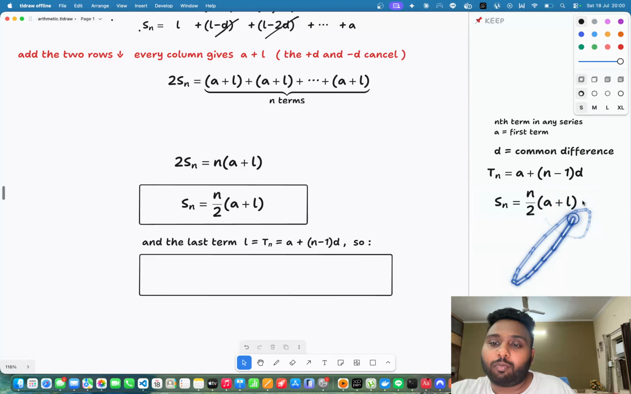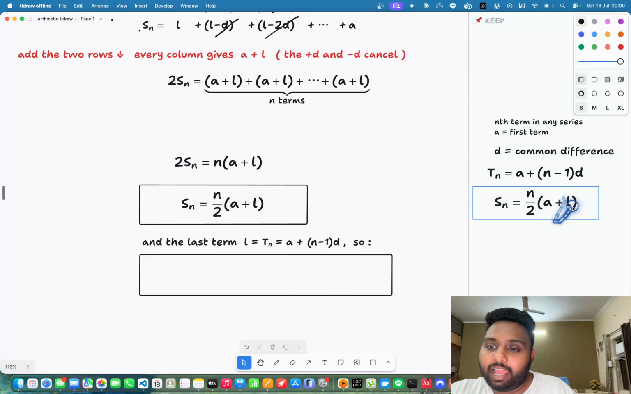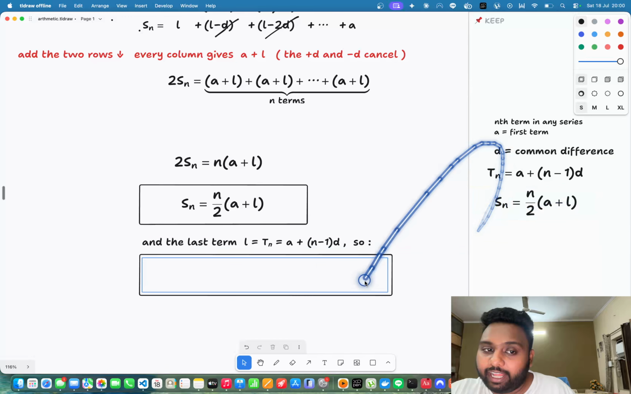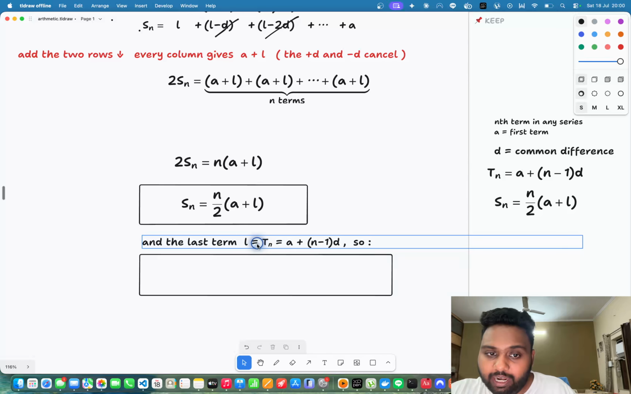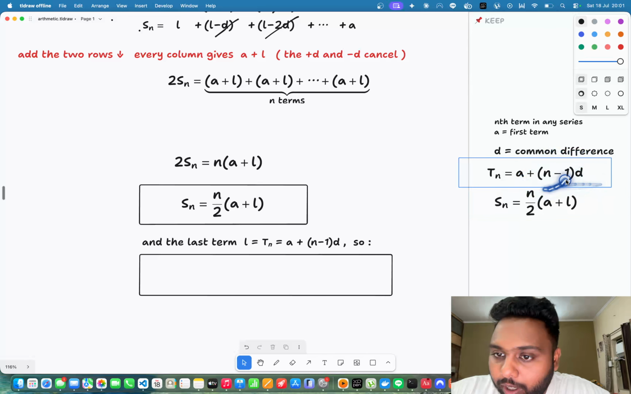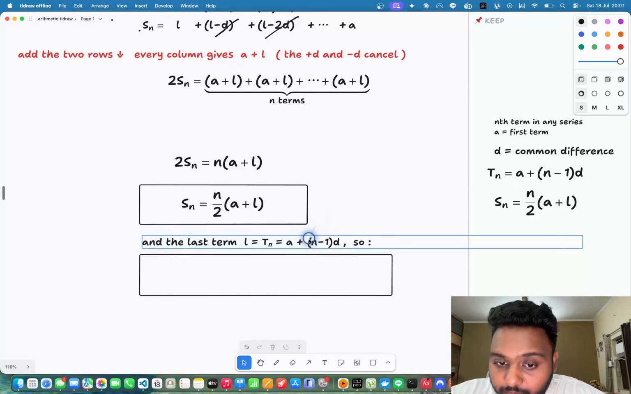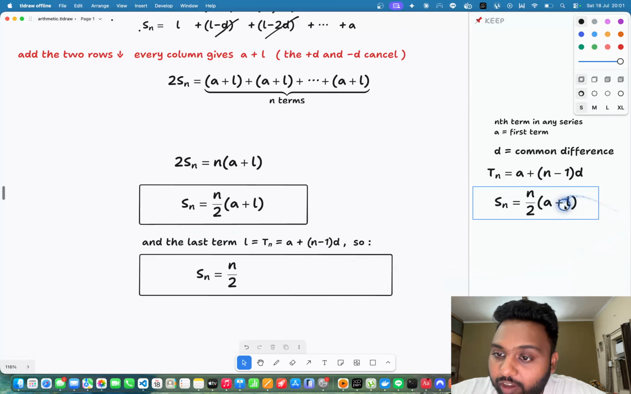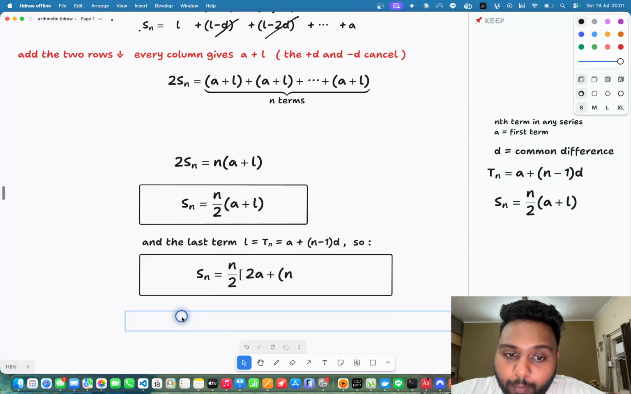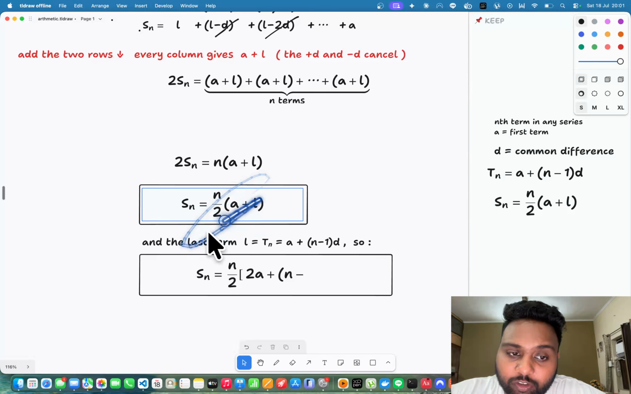Okay, and there is one more trick. I can write L as T of n. L is T of n, which is equal to a plus n minus 1 d, which is just my normal term, right? T of L is equal to a plus L minus 1 d. So if we substitute that into this formula, we take this value of L,